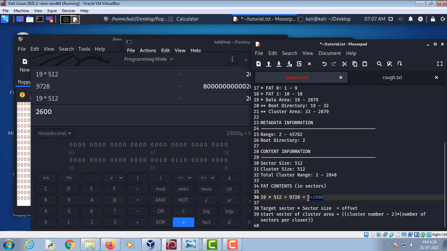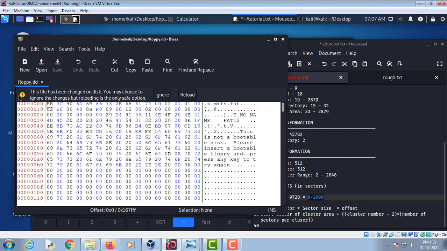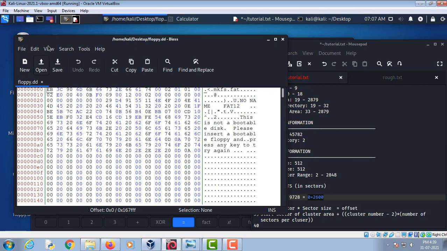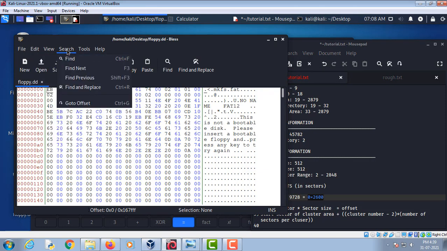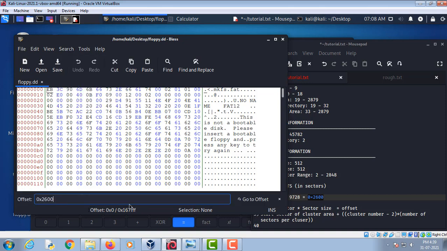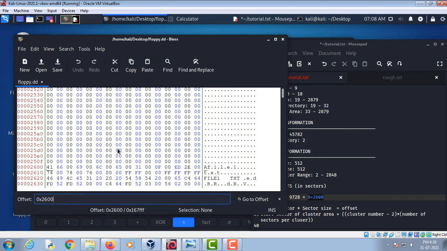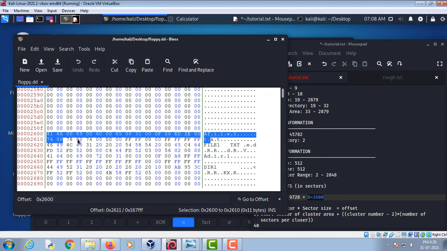Now if we go to this offset, go to offset, as you can see, there is file1.txt.